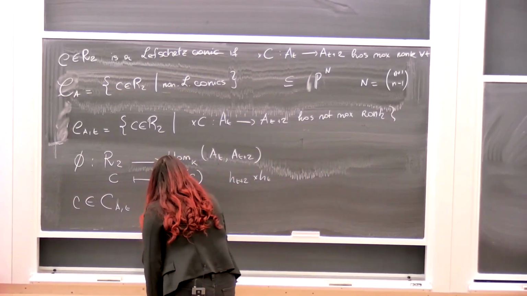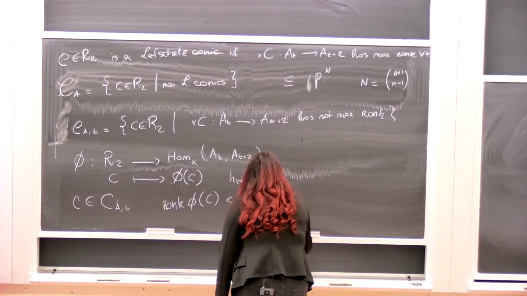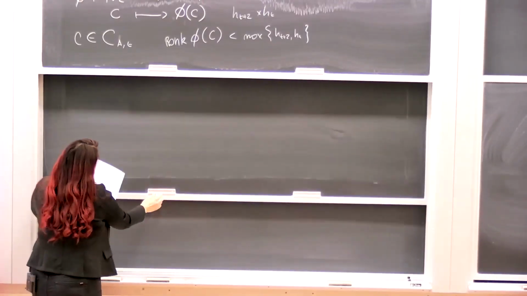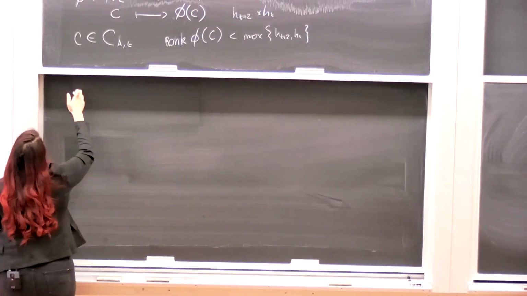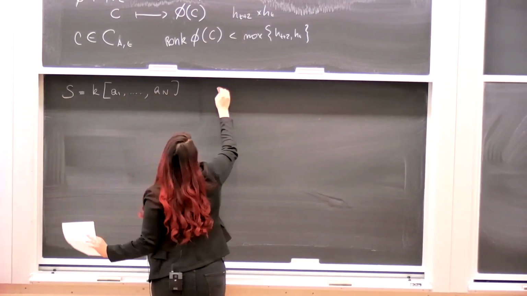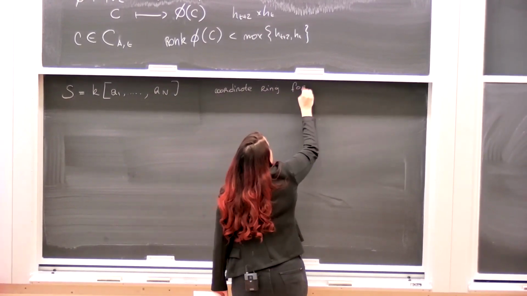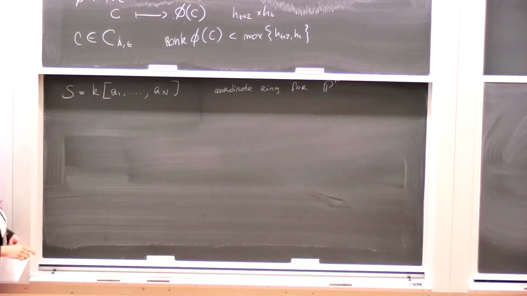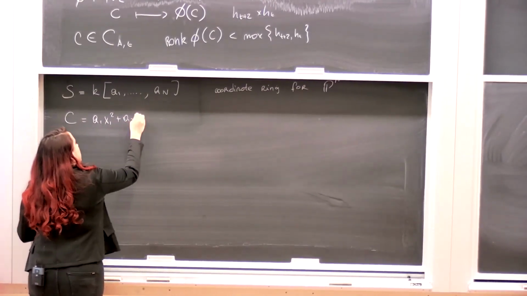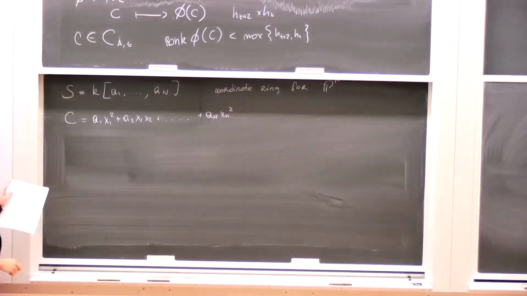So the rank is less than the minimum of HT and HT plus 2. This matrix depends on the coefficients of C. Therefore, the idea is to introduce S as K[a1, ..., aN], the coordinate ring for P^N, and we think about these as the coefficients of my polynomial of degree 2, like a1 x1 squared, a2 x1 x2, and so on. So the multiplication map by C,